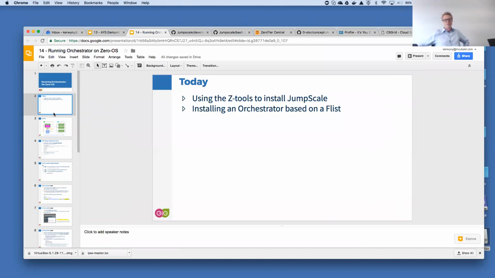Clearly, going forward, in one of the next sessions, the script will be replaced by something else. Basically, based on the same script, it's basically the same code, we will provide you an AYS actor template, allowing you to have an AYS server that you install locally, for instance, and simply send a blueprint describing your orchestrator, the configuration of the orchestrator, to your AYS server, and have your AYS server install the orchestrator.